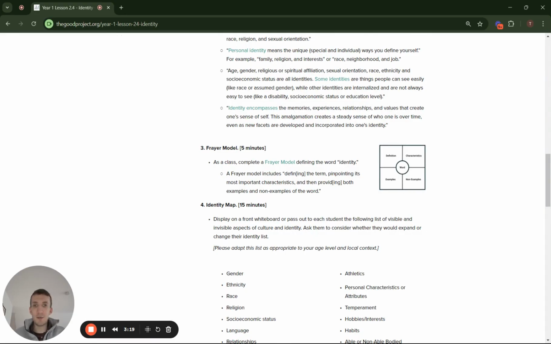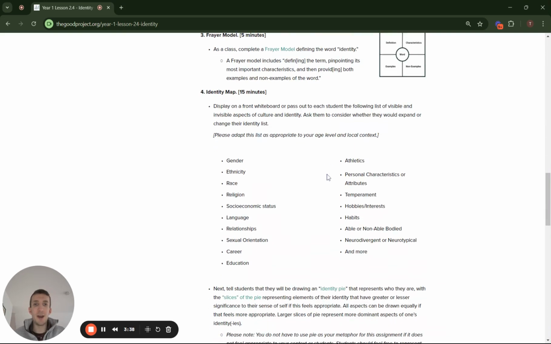This would be a component of the lesson, if you are short on time, that I would probably recommend skipping if I were the teacher. But this is a way to help students clarify a little more deeply what identity means. It is a really helpful visual organizer, especially to bring in that kind of dimension. But again, if you are short on time, perhaps skip over that, because really what we want to get to is step 4 here,